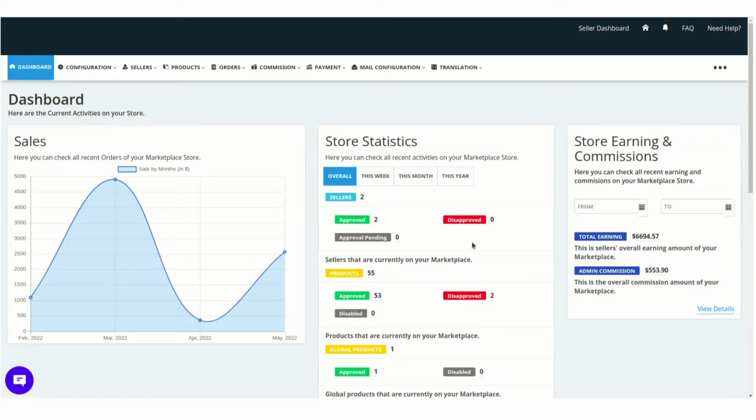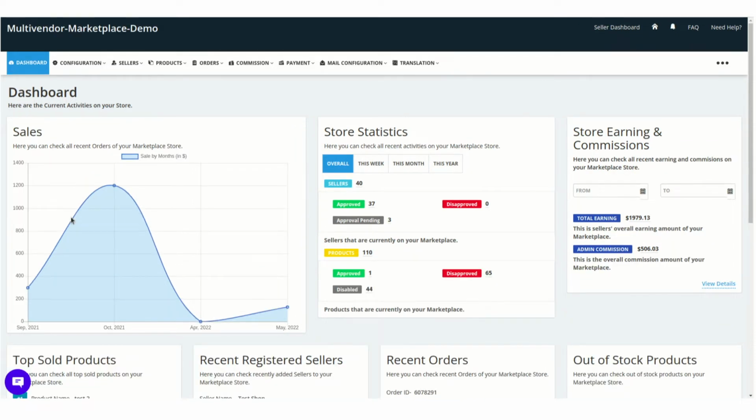Once the customer orders any imported product on Shopify, the same order will be created on PrestaShop as well. And if an order is created on PrestaShop, then inventory will be updated on the Shopify Store. In this video, I am going to tell you how to configure and use this app on your Multivendor